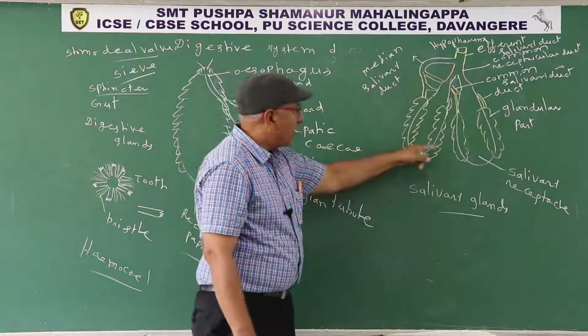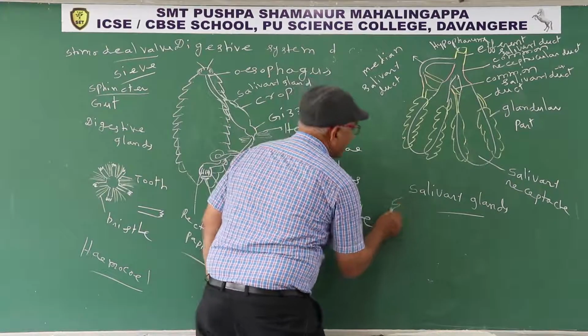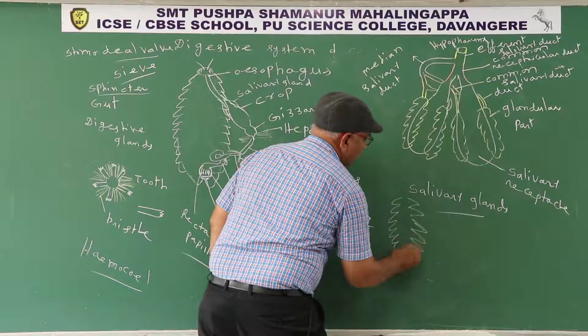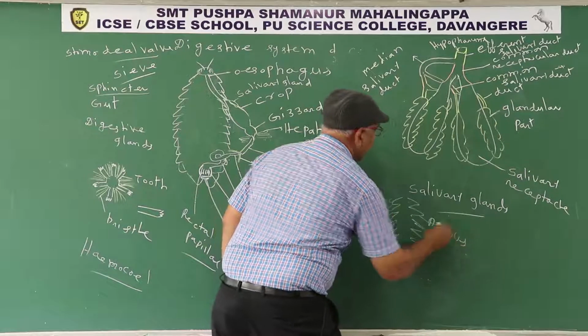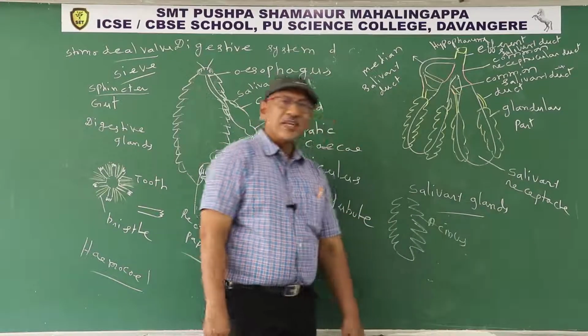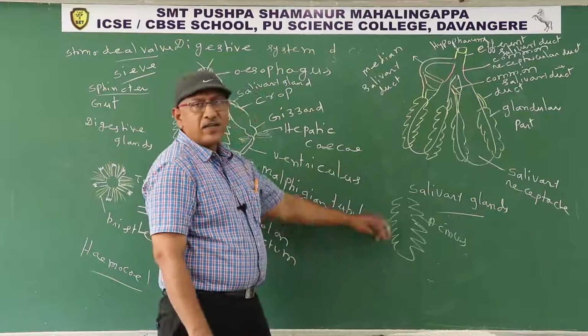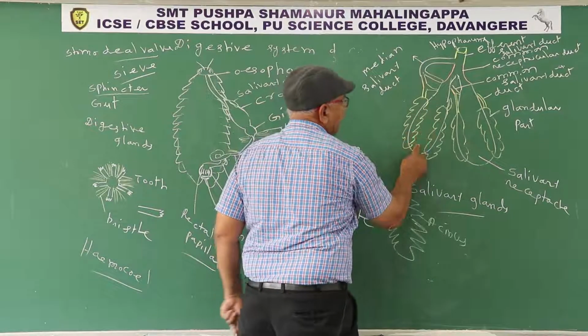They are present one on either side of the salivary receptacle. Each glandular part contain several small lobes known as acinus. The cells of acini, plural, produce and release salivary juice. The salivary juice temporarily stored in the